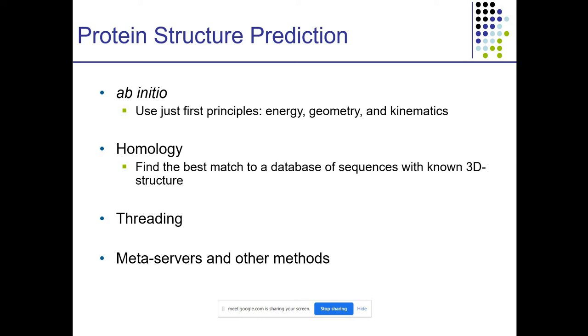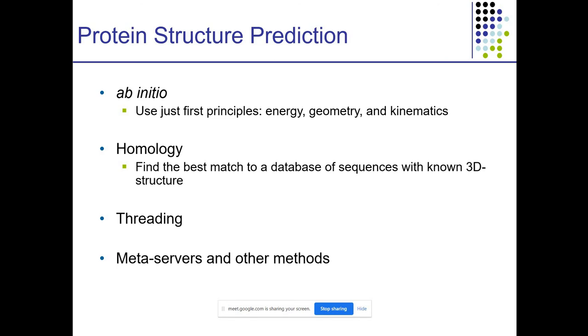If part of the sequence is the same, the structure is copied from the database and used to produce a model. That is the homology modeling method.